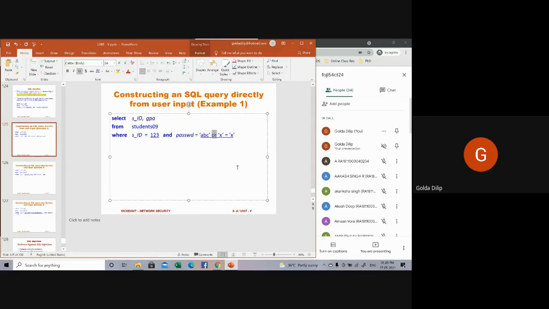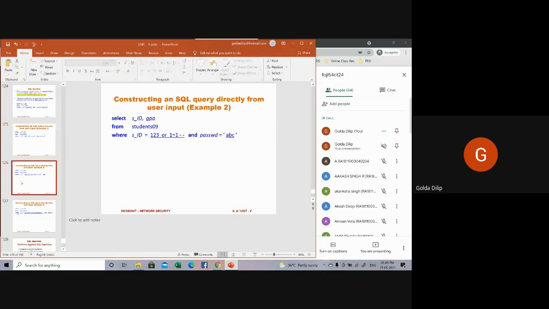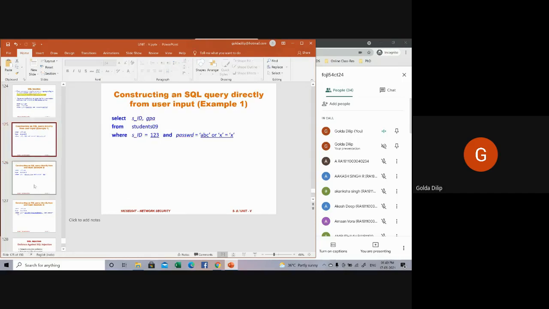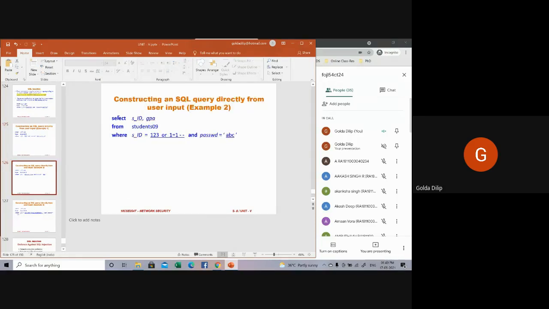Now I'll show you another case of SQL injection attack. You can see here, this is a quote-free input entered by the attacker. There are no quotes. The SQL query generated by this input is what is being shown here. This is what I'm telling you: previously we had this, now it is this.